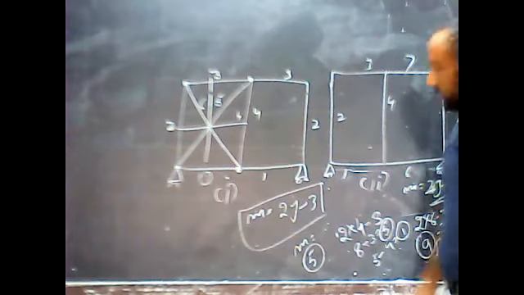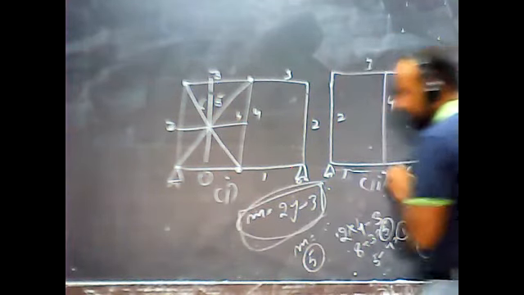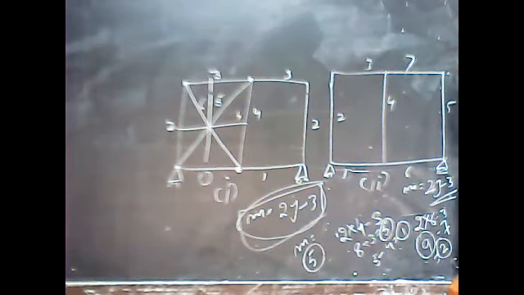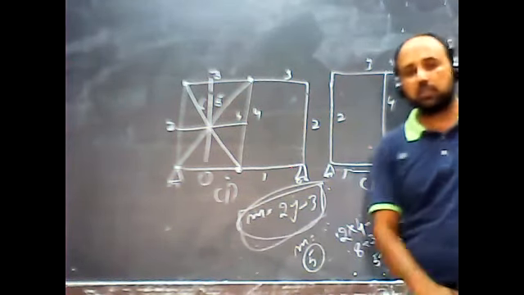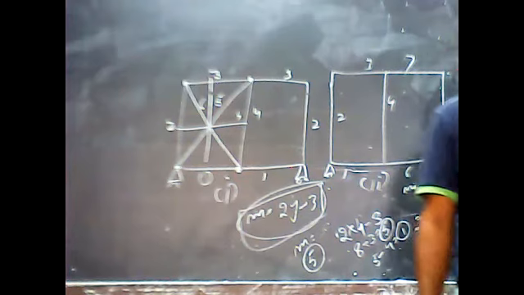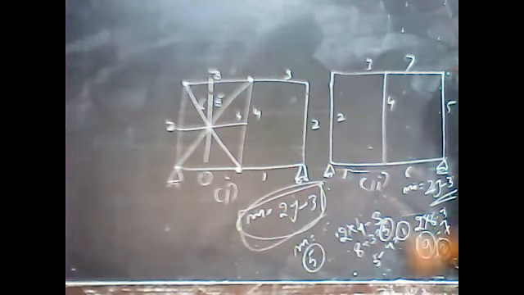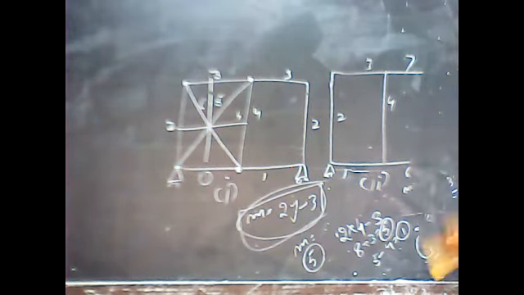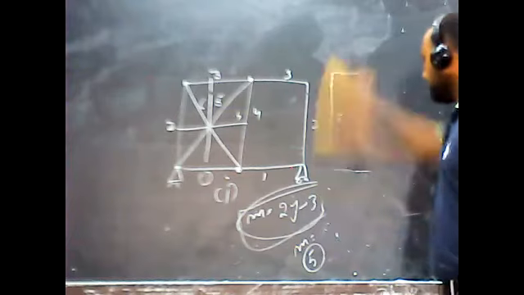So make sure the minimum number of members required, we can calculate by this relation. Otherwise the condition is that the structure is deficient or not overstiff, and that needs to be calculated. I hope it is clear to all. Yes, sir. So let's go then to determinacy or indeterminacy.